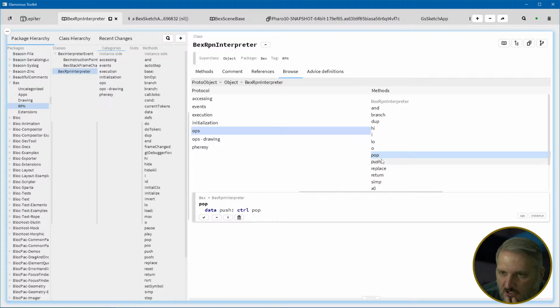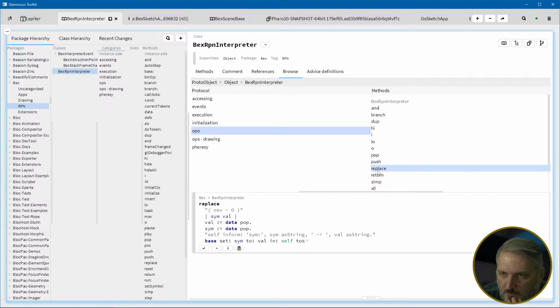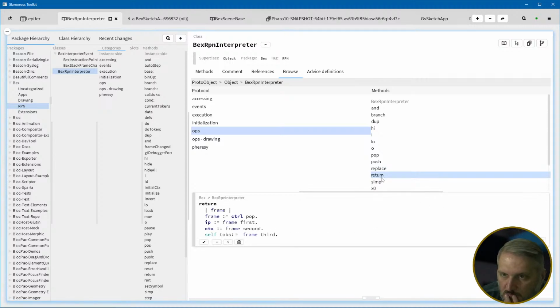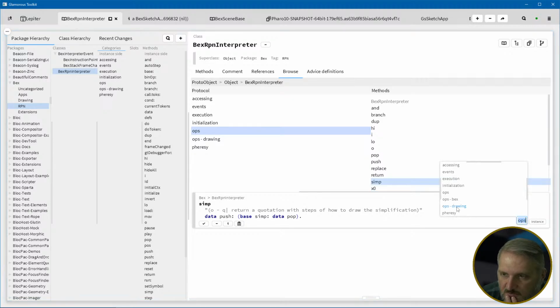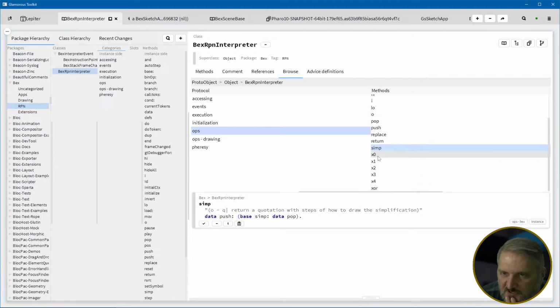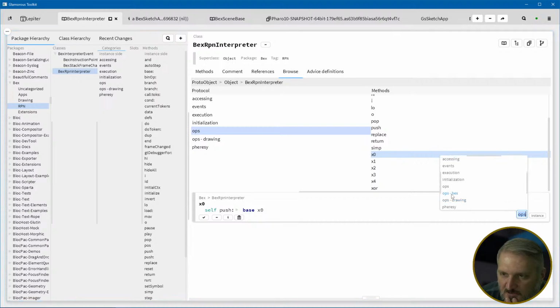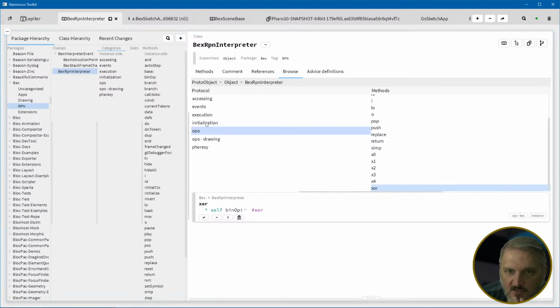Op is a real op, or is it a virtual machine op? Place is a Bex thing. Turn is a real op. Simp is a Bex thing. Simplify. I guess that word means other things. Bex. Bex. Bex. Miss 3. XOR. Okay, so if I did that right,